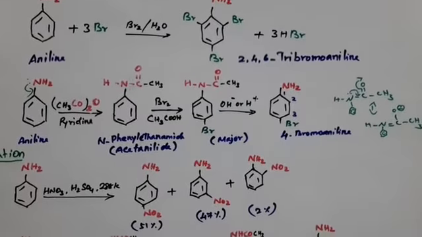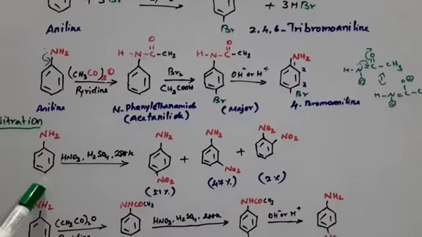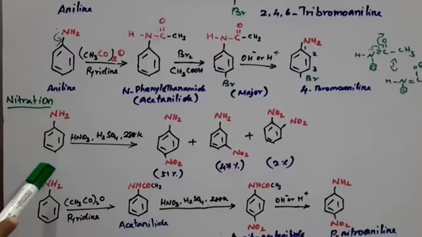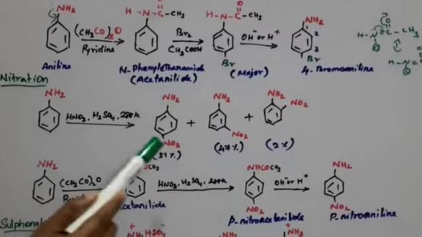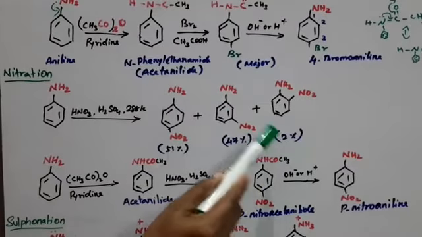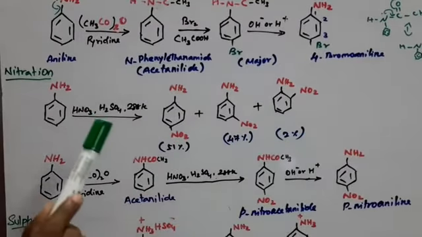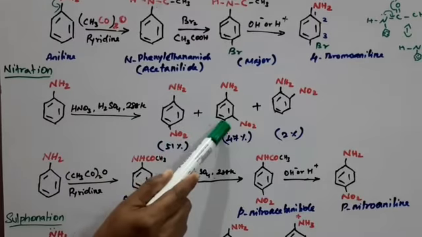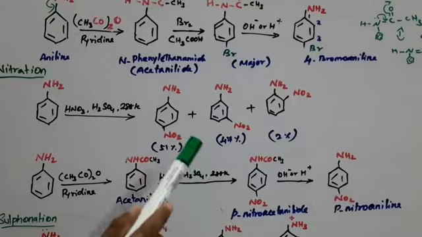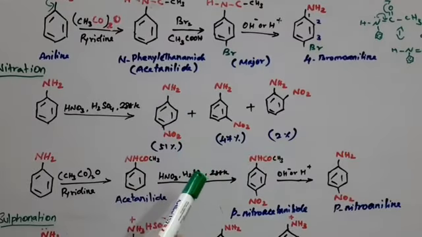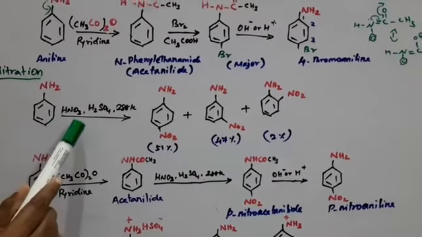Okay, after that here also you see nitration reactions. The same thing is happening because of this resonance structure. Only two products are possible, the ortho product as well as the para product. But here the meta product is also formed. How is it possible? And in the presence of strong